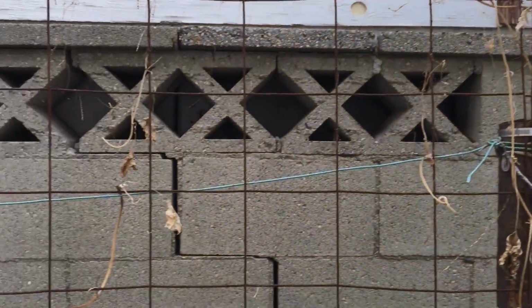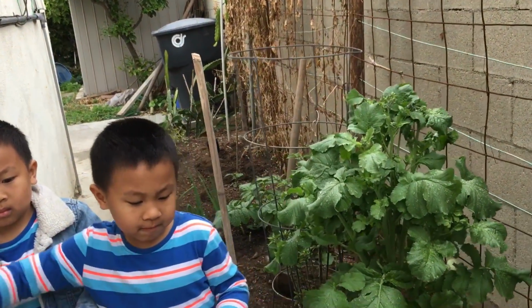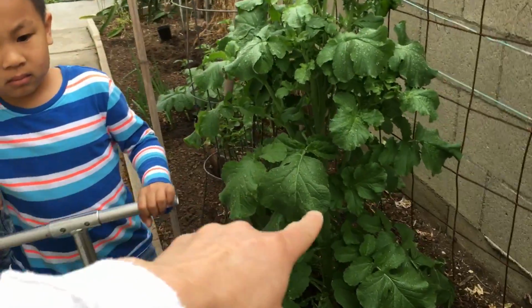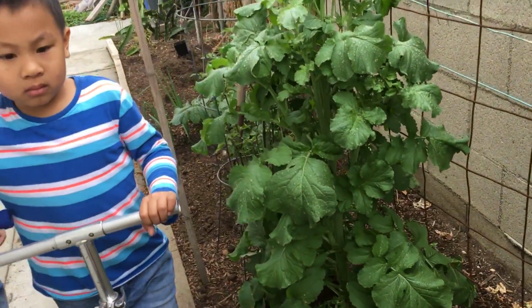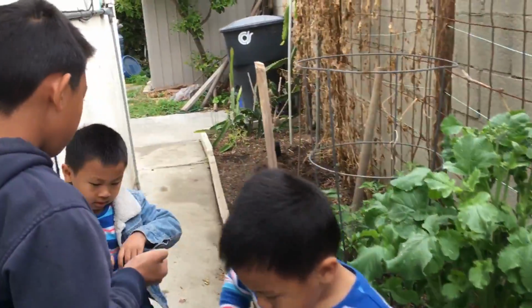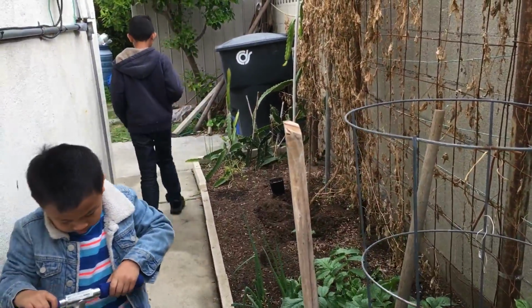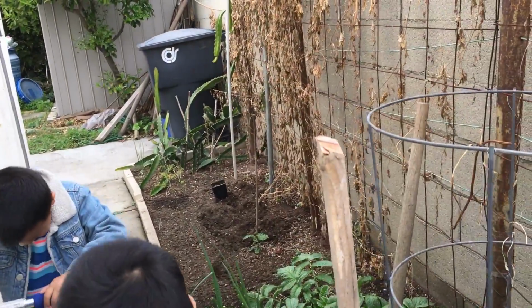Okay, so today we're going to do a few things in our garden. We planted a few things so far. I'll talk about this guy. But can you guys scoot over a little bit, just a little bit? Yes, okay, cool. So we haven't planted anything really yet this season, because it's only March, and I